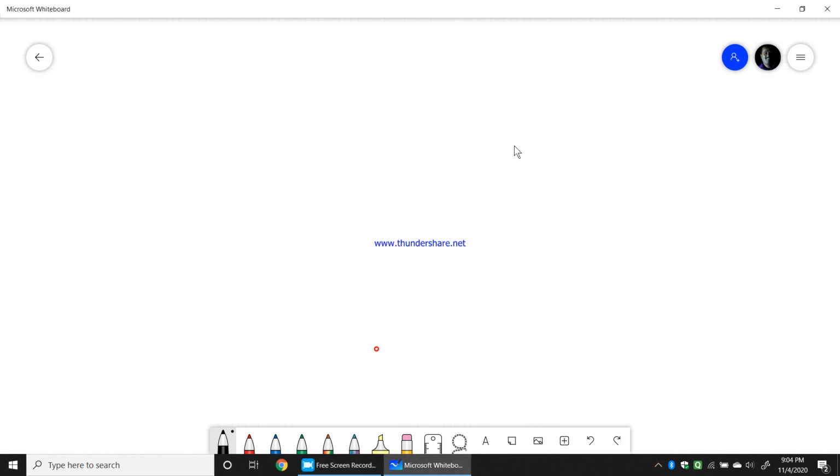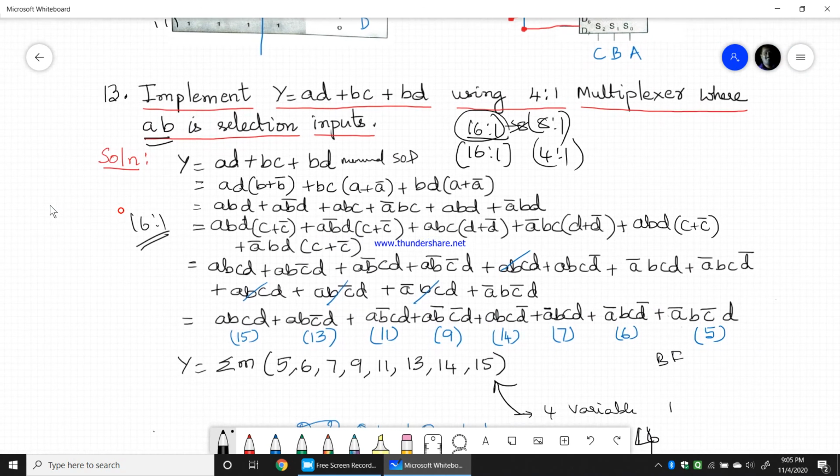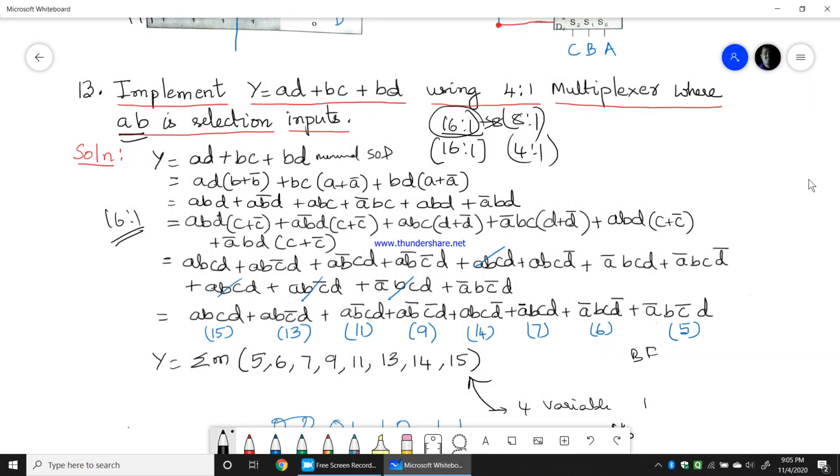This was the last problem which I wanted to discuss with you. I hope this completes the multiplexer discussion, and the problems are all clear to you. I hope you have found the method of finding the solution for all the problems, and I think I have convinced you in understanding multiplexers with this video.